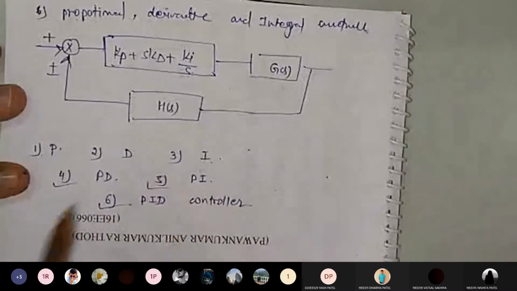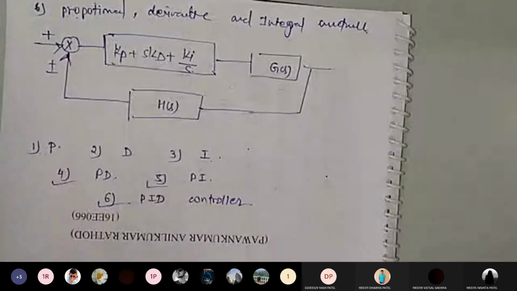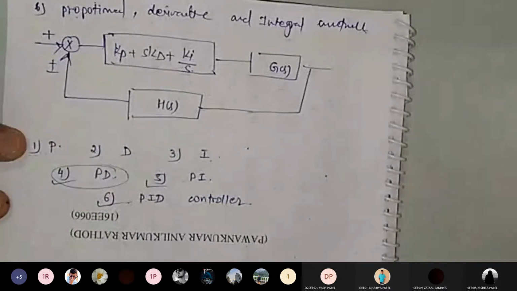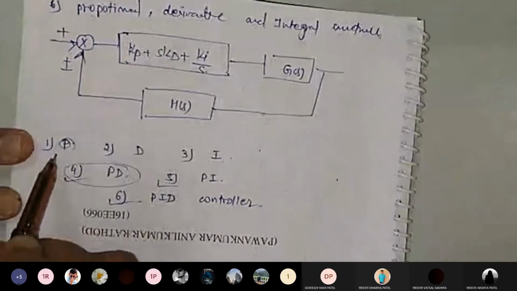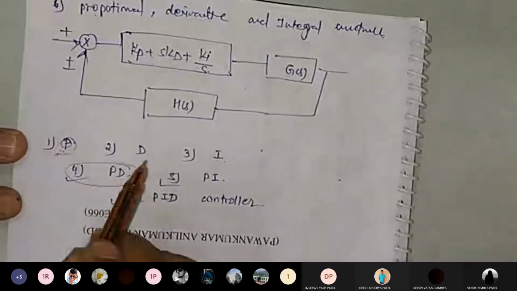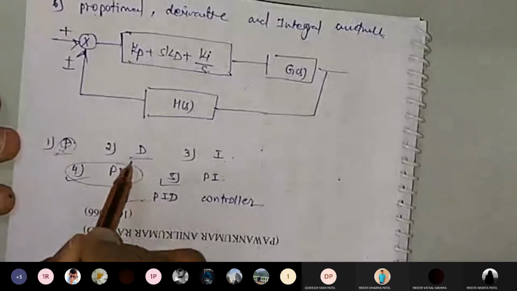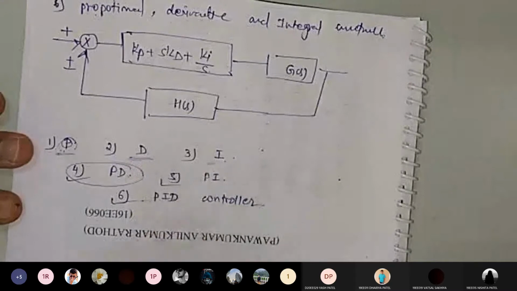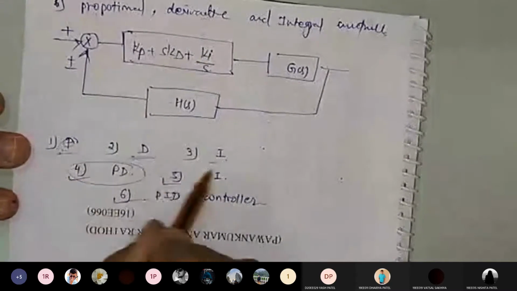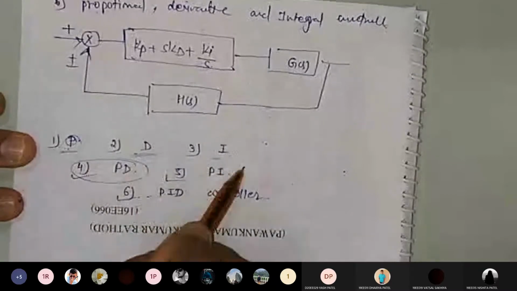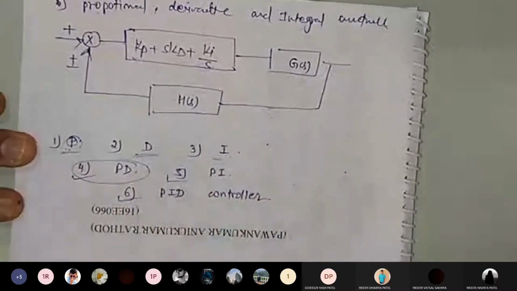Okay, so what is the effect of PD, PI and PID controller we will see in the next class, but we will see the concept of PD controller first. As I've said, what does this controller do? It gives the output depending upon the error generated. It will give the direct output. It will give the output depending upon the differentiation of the error. It will give the output depending upon the integration of the error. Individually they will not be performing as per our expectation. So that's why we have made the combination PD, PI and PID control.